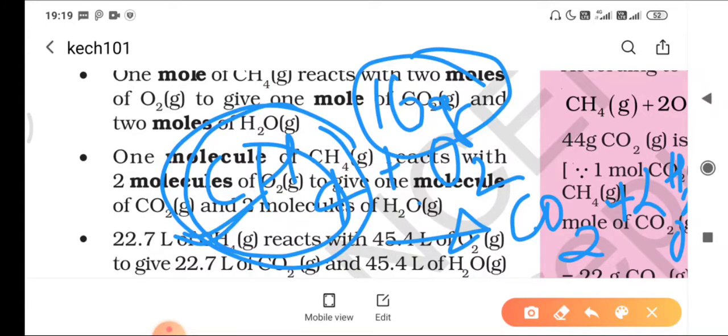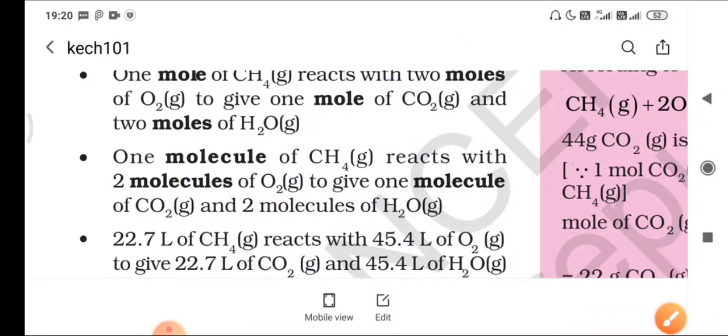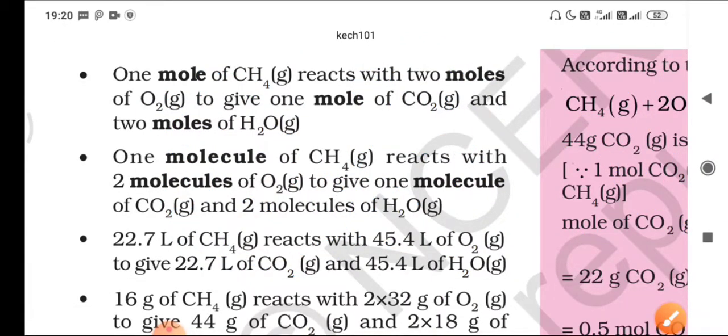If I have taken 16 gram of methane, then what is the number of moles of methane? Simply we have to divide 16 gram by the molecular mass. So here carbon is 12, and hydrogen is 4, one hydrogen mass is 1, and carbon is 12. It is 16. So 16 over 16, it will come 1. So it is now clear that